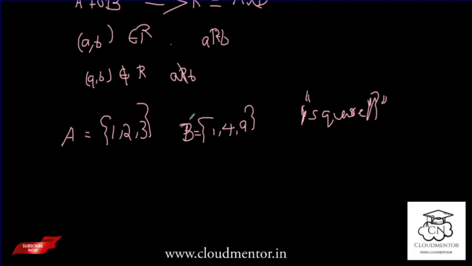So here we know that 1 is related to this 1, that is the square of this 1 is this 1 in the set B, and so we can write it as